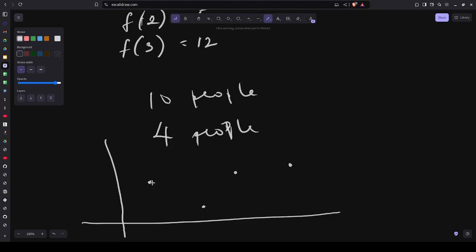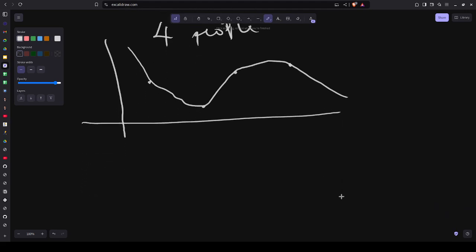And then we use this set of points to construct a polynomial. Let's say this is what the polynomial looks like. We can remember that, let's say a polynomial of